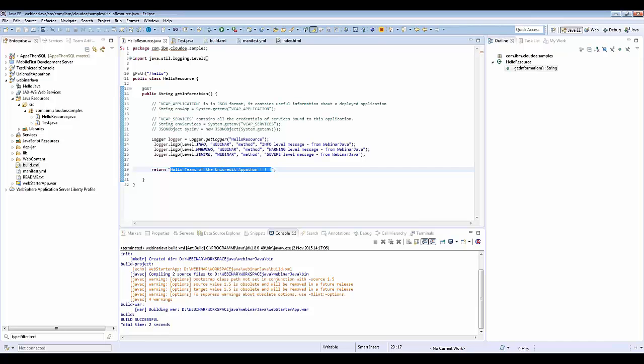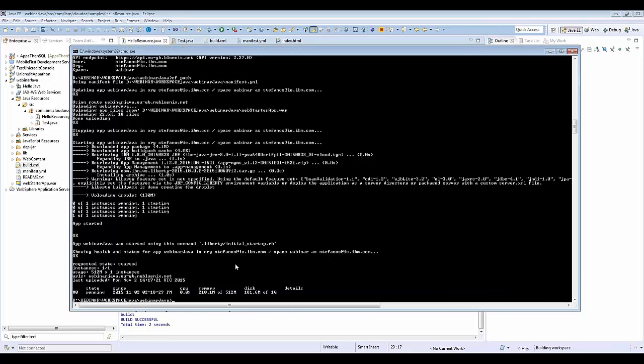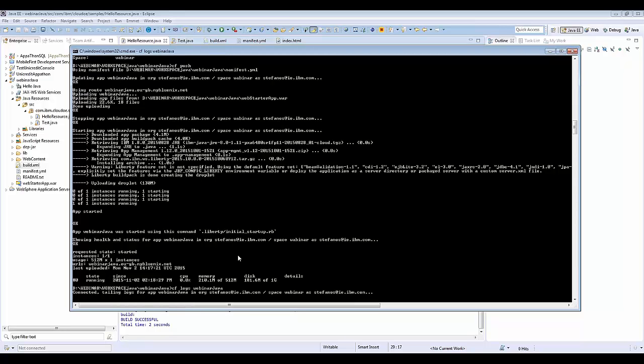Plus, I wrote here some lines for logging, and if we go back to the command line interface, typing cf logs and the name of our app, this webinar Java,